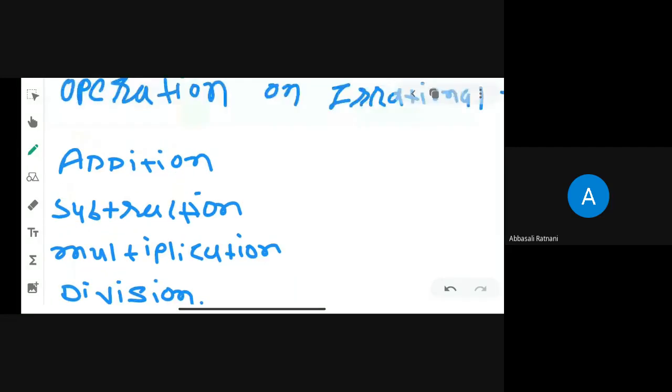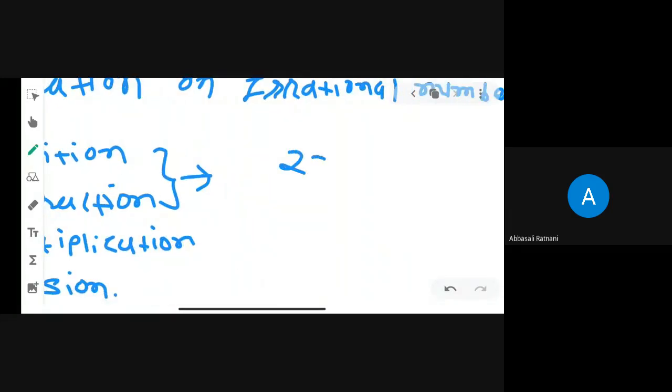Right? We know that in algebraic expressions, whenever we add or subtract any terms, if it is like terms, then we can add or subtract. If you know these things, yes or no? I am giving you an example. If you want to add 2x plus 3y, we cannot add. Why? Because these two terms are unlike terms. Yes or no?